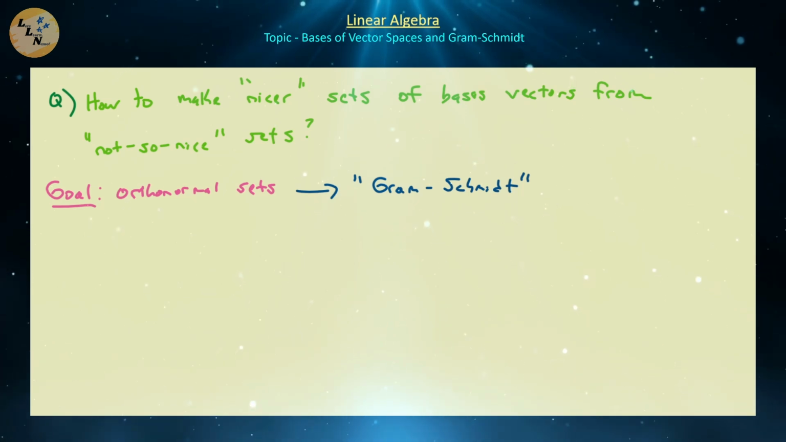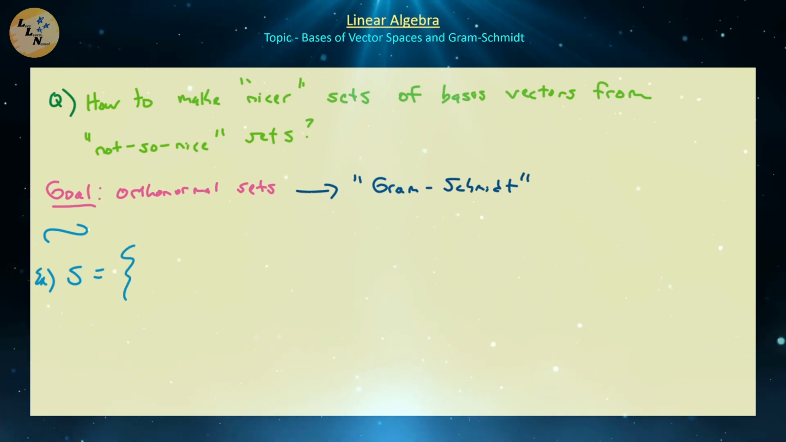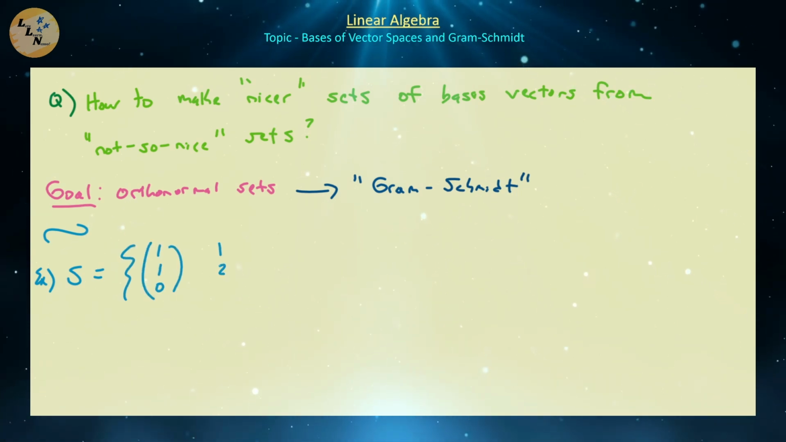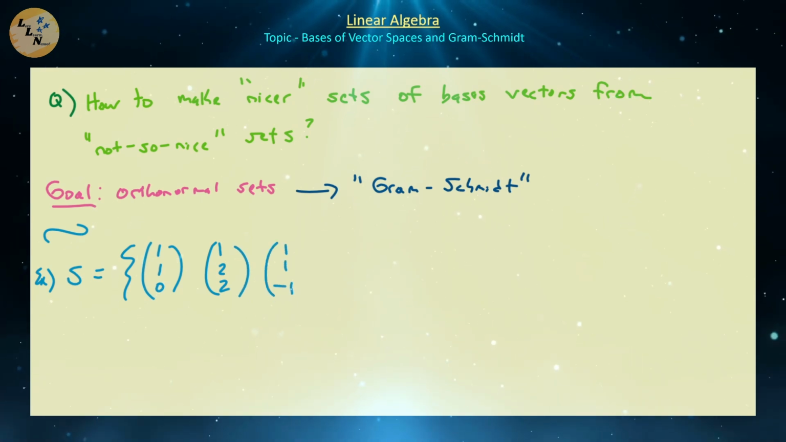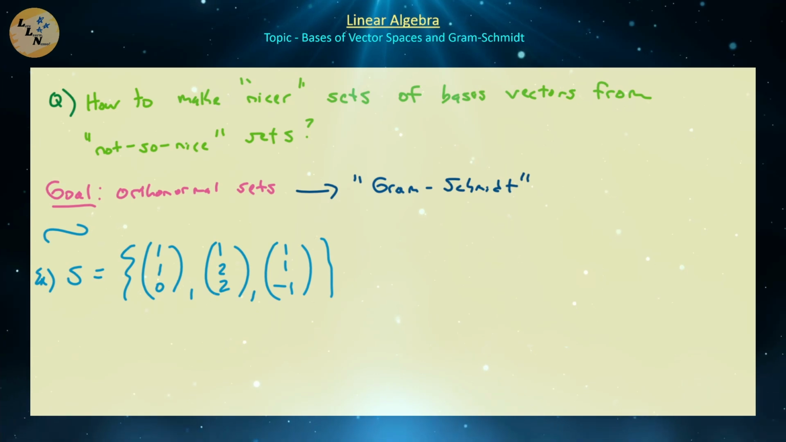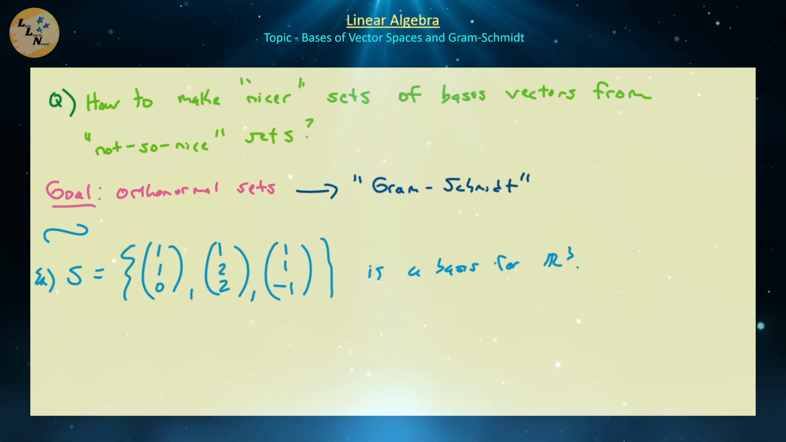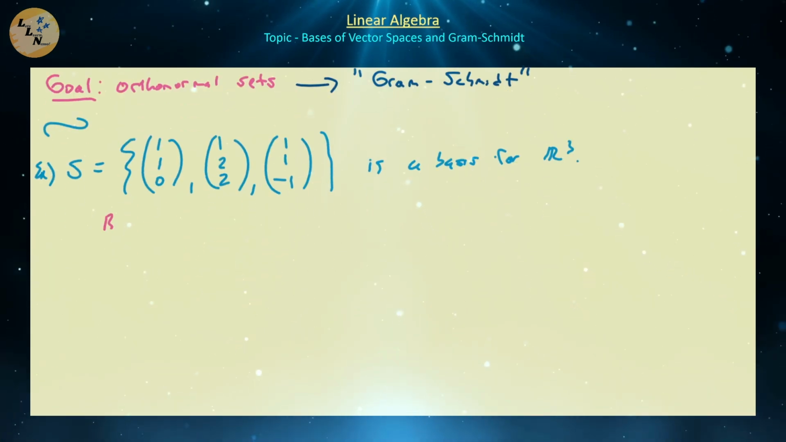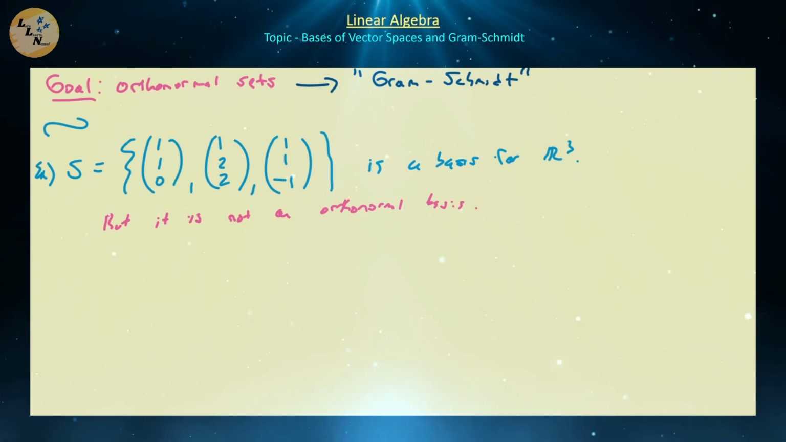Okay? So let's just walk through this example, and actually let's go with that set that I mentioned before that we've already verified as a basis. In particular, let's do (1, 1, 0), (1, 2, 2), and (1, 1, -1). Because we already know that this is a basis for R3, but it is not an orthonormal basis, right? Because obviously they're not unit vectors, they're not pairwise orthogonal to each other,